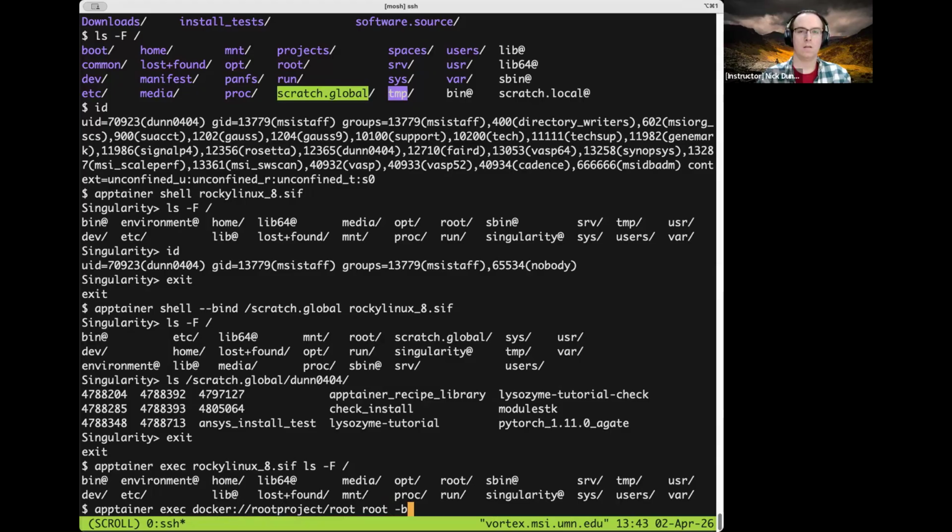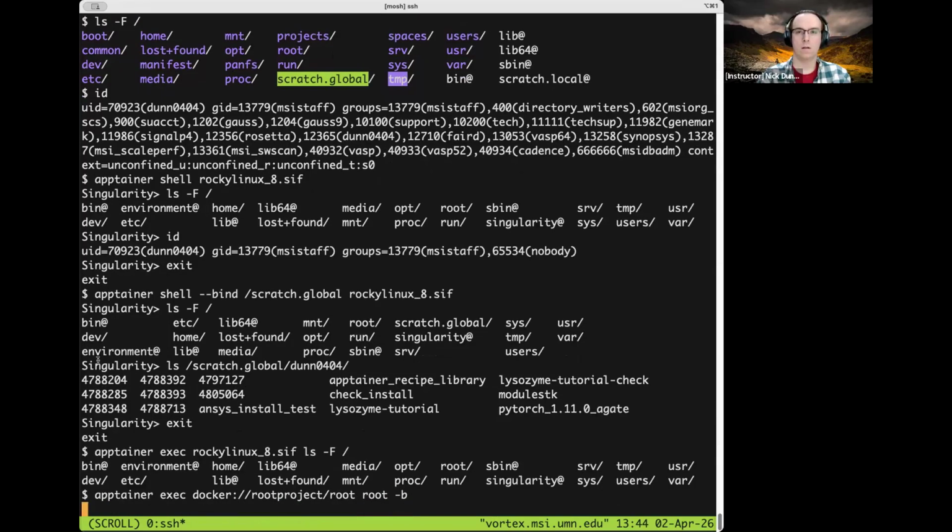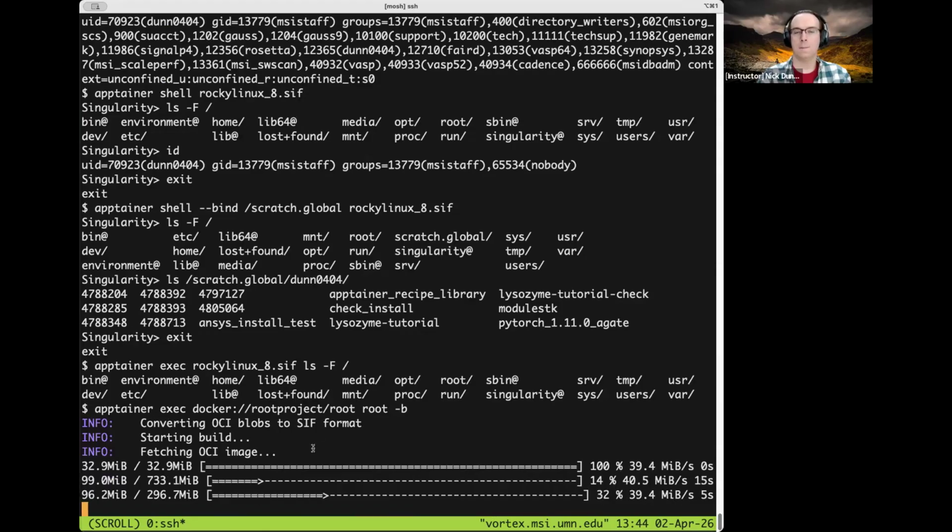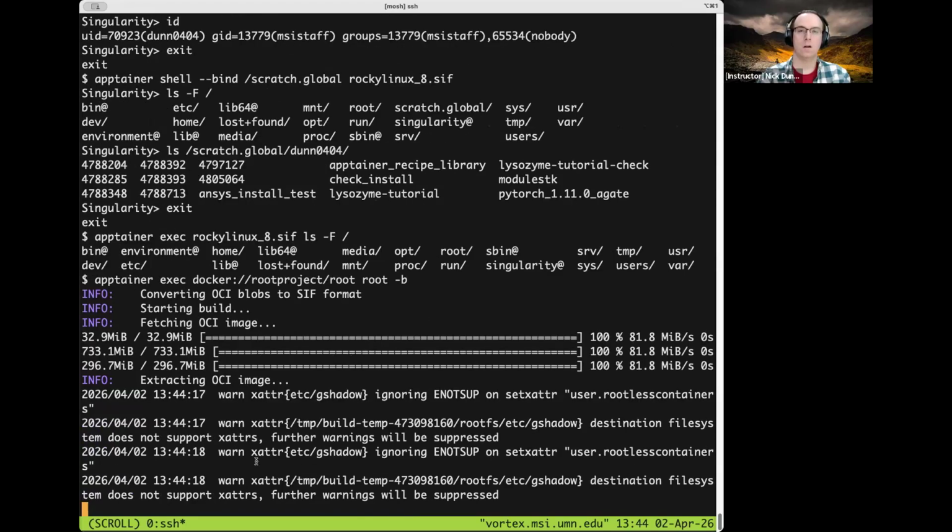And this also, like if I run it right now, depending on how responsive the server is, my running a root-b command is going to depend on the responsiveness of the remote repository to actually download those things, and it's also going to depend on the complexity of converting that to an app container format,